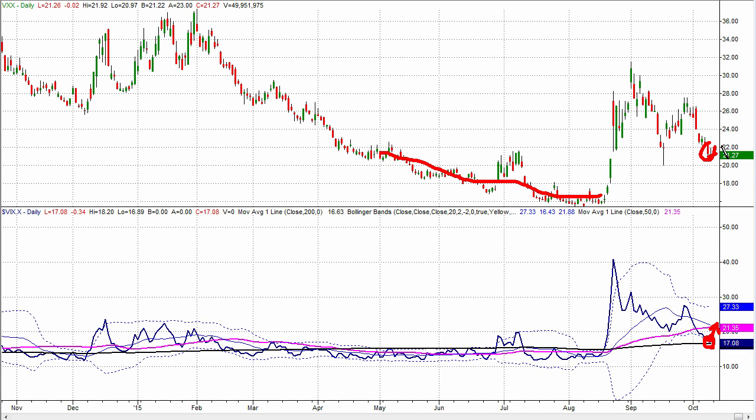And if the market starts to roll over, VIX could easily shoot back up, and that would be indicative of there being more fear to the downside. So the important takeaway from the VIX is that we're at the bottom of the Bollinger Band, and oftentimes when that's the case, the next move is up. Doesn't mean we necessarily have to go back up to the highs and the market has to go to the lows, but it may mean that the market's a little complacent here on the upside.